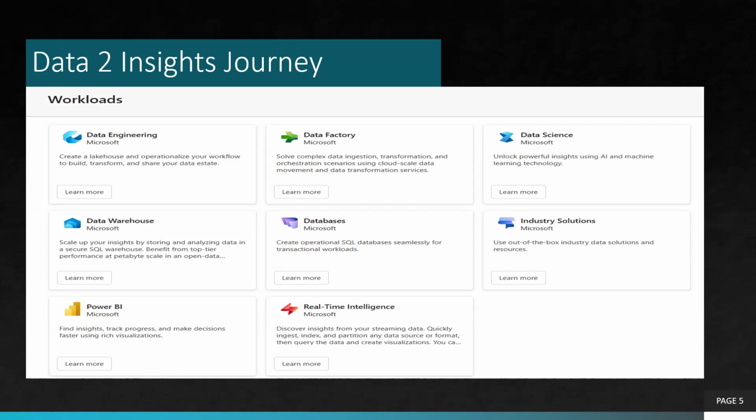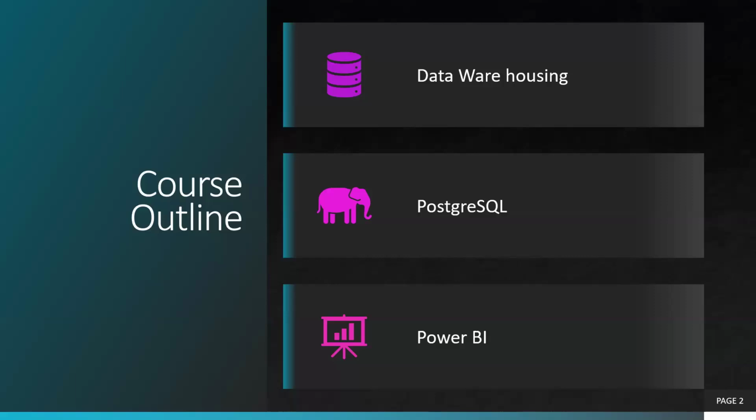So accordingly, we have structured our course in three parts, right? First, data warehousing and PostgreSQL we cover in the first week. This consists of data warehousing, one class, and Postgres around 4 classes. For the rest of the 10 classes we are going to cover Power BI. Each class is going to be 1 hour 15 minutes, Monday to Friday, and we are going to record these classes, and they will be available for all the registered students on YouTube so that you can watch and practice them whenever you want.